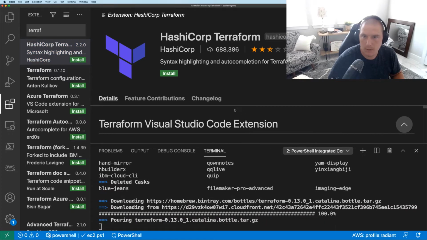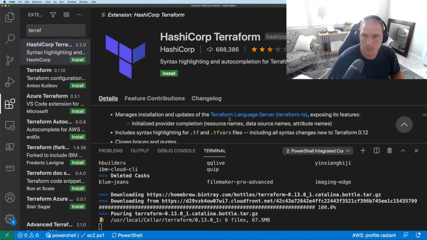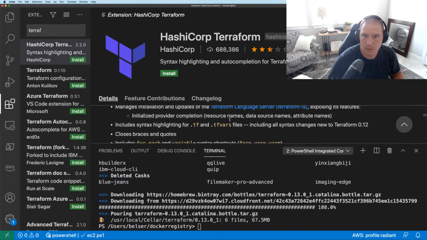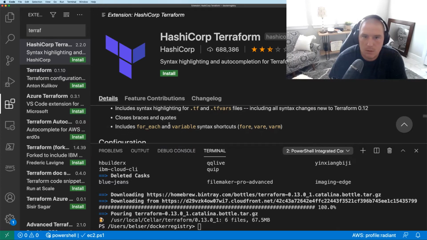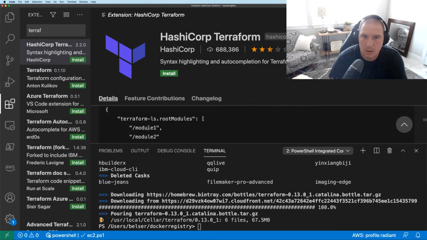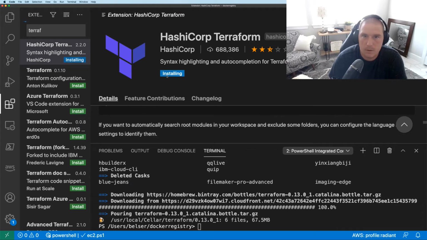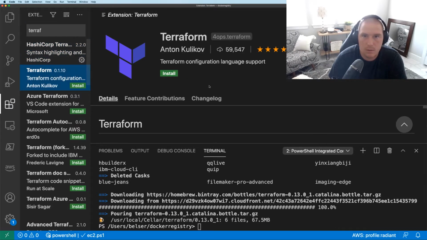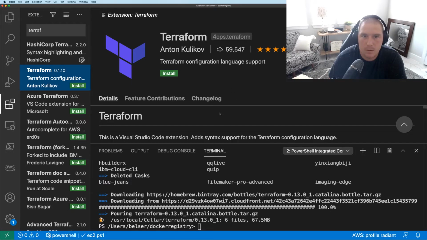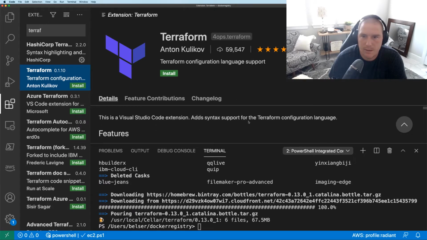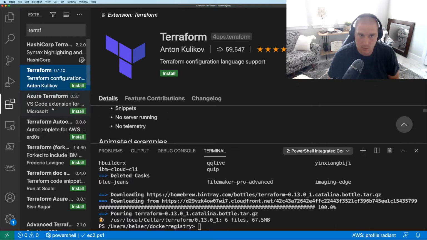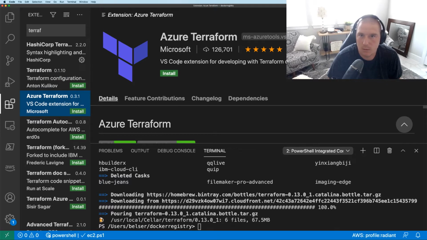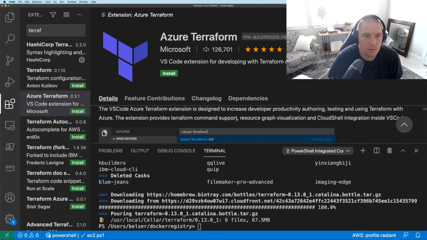So while you're at it, you want to go over and install this extension. What do we got? It includes syntax highlighting for the Terraform files and the vars, close braces, includes for each configuration, and so on. Okay, let's install that, and let's see what else we got here. What's this one? This is a visual extension, adding syntax support for the Terraform configuration language, which we already have. So nothing good here. It looks like Microsoft put out an Azure Terraform VS Code extension for developing with Terraform on Azure. So if that's your thing,